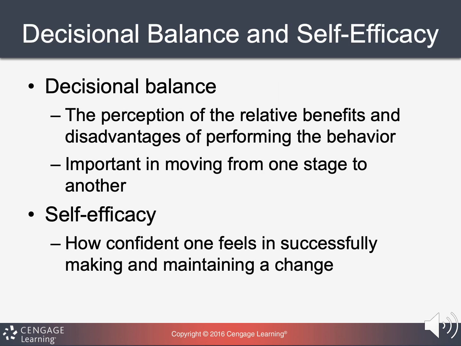Decisional balance and self-efficacy. So decisional balance is when a person weighs the pros and cons when it comes to going to each step. So it's maybe that arrow or line between each step that you're trying to get to the next phase. And it's very important when people are considering moving from one stage to another stage. It's how many resources the person has available to them. It's how confident they are that they are able to make the change and they can take action.